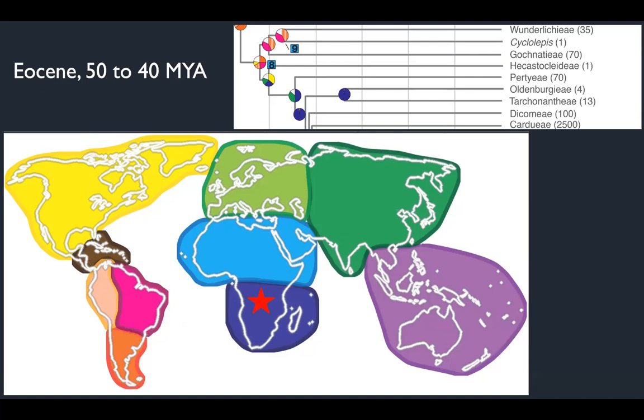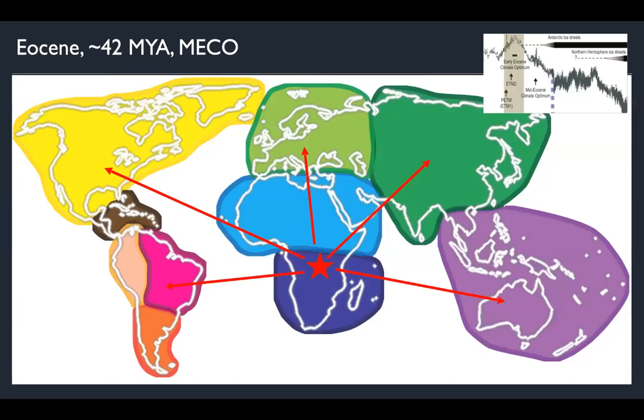Okay, but then what happened? So in the Eocene, from around 50 to 40 million years ago, we have a really massive amount of diversification coming out of Africa. And I think it was Linda who coined it explosive radiations. And I think that's a good term for it, because we see essentially around 42 million years, which nicely corresponds to the middle Eocene climate optimum,